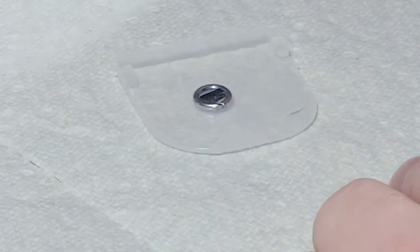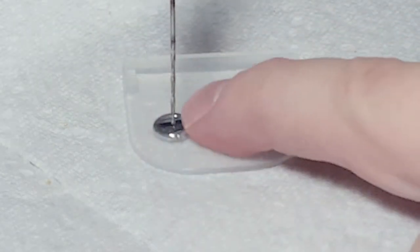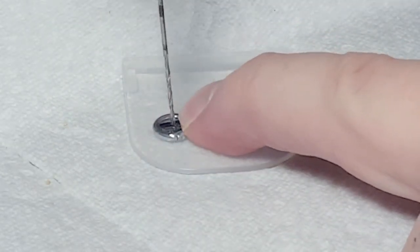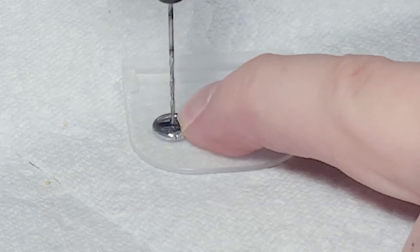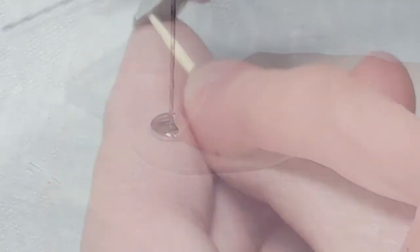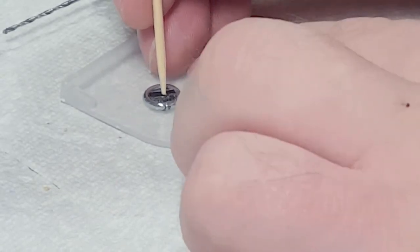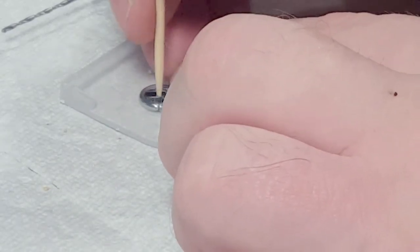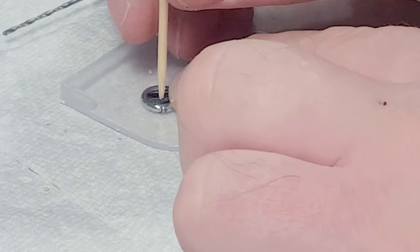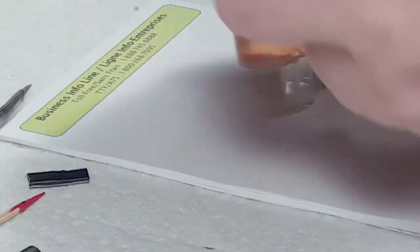And now I've made a little piece of polystyrene plastic to hold between that. I didn't get a picture of cutting that out. And now I'm using a drill in a little pin vise, and I'm just twisting it with my fingers to get the right size of hole. And now I'm going to mount a toothpick in that hole. So I cut the tip off to get it to the right diameter, so it goes into that tiny little hole. And the whole thing I'm going to glue together using the 5-minute 2-part epoxy,